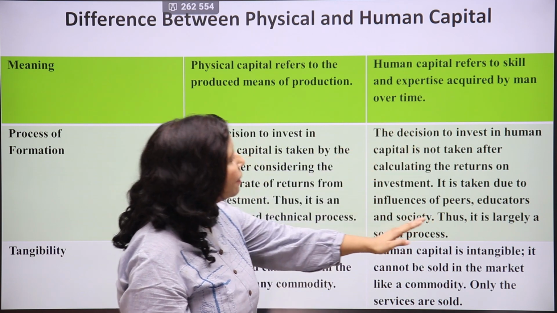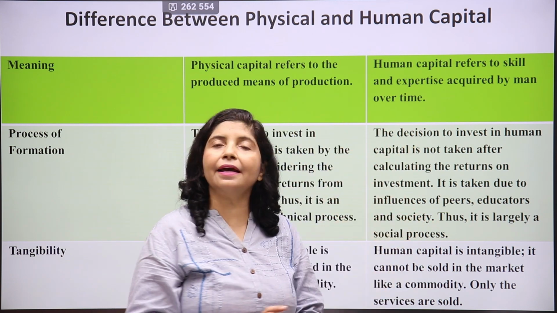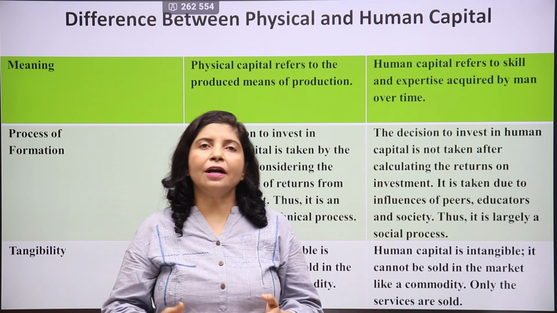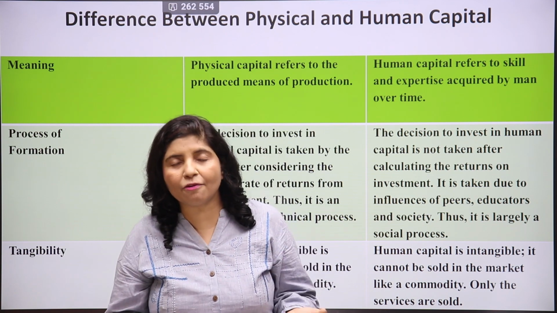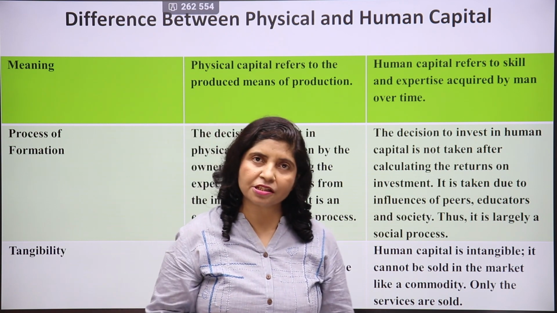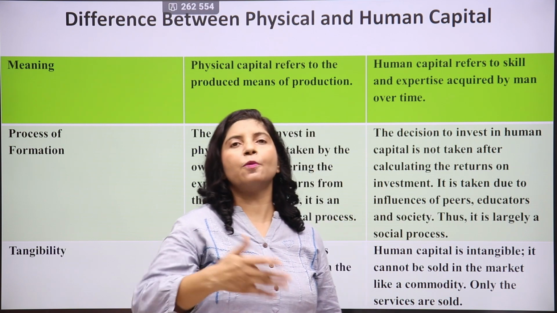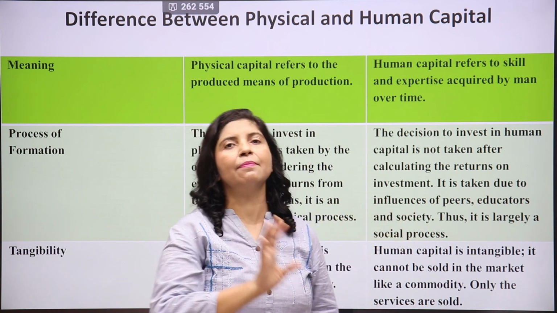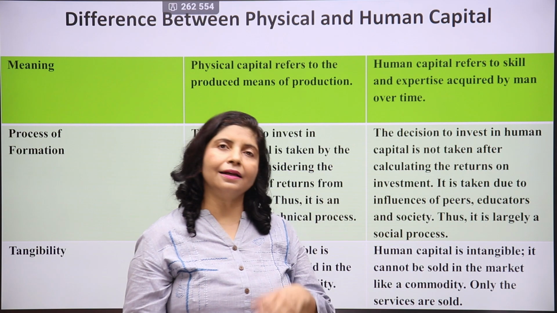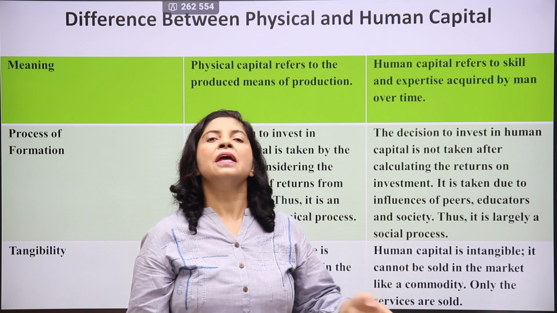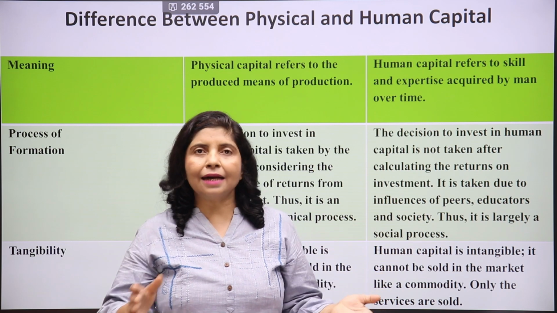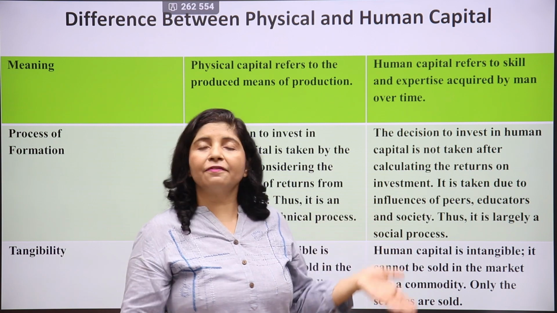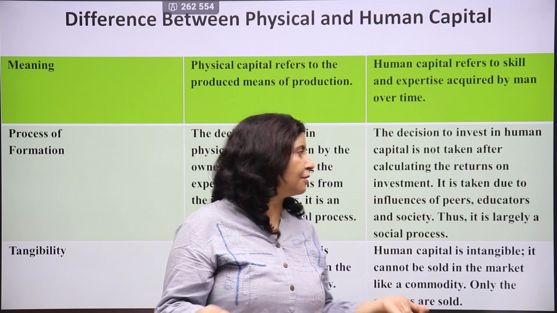And regarding human capital, the decision to invest in human capital is not taken after considering rate of return. Why? Because no one knows what type of person I am, what type of teacher I am. They will consider my credentials and they will employ me. Only after employing me for 3-4 months, they will come to know that madam can teach nicely, then she can be employed further. Similar is the case with doctors, engineers, etc. If they do their work nicely, then the company can continue their contract further. But if they do not do their work, they are terminated from their jobs.